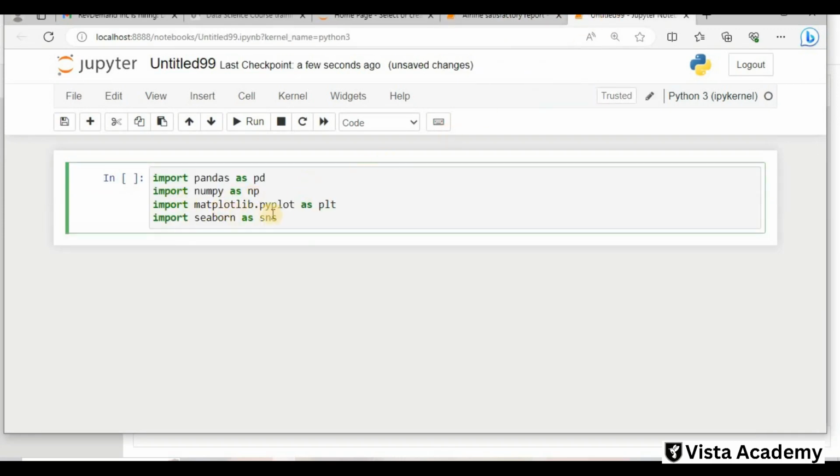First of all we have the Pandas library. Pandas is a powerful library for data manipulation and analysis. It provides structures like DataFrame and Series that allow you to work with structured data efficiently. So first we have imported Pandas. Then we have taken NumPy, which is for numerical computations.